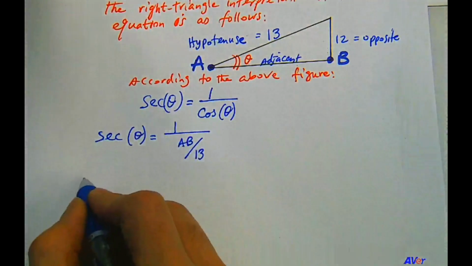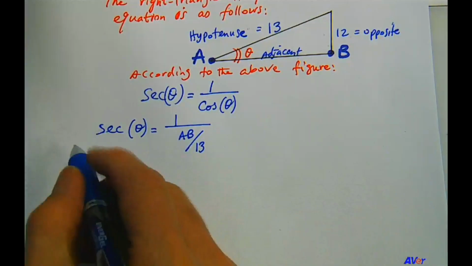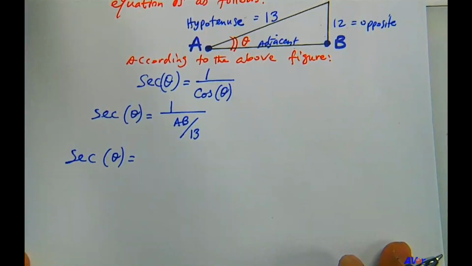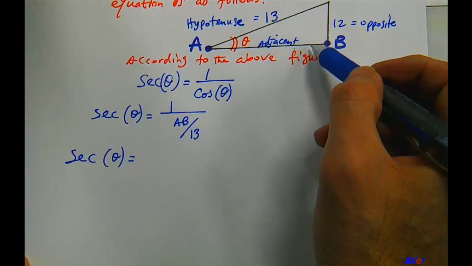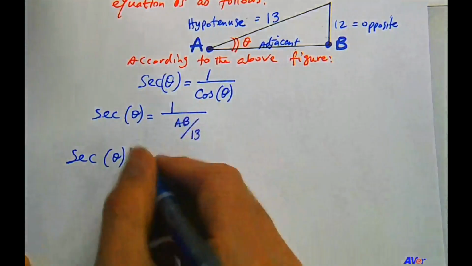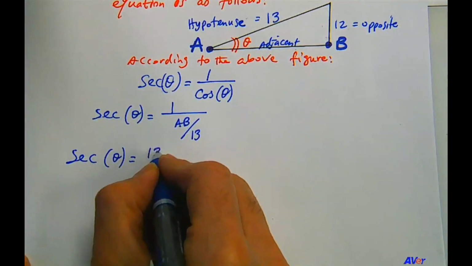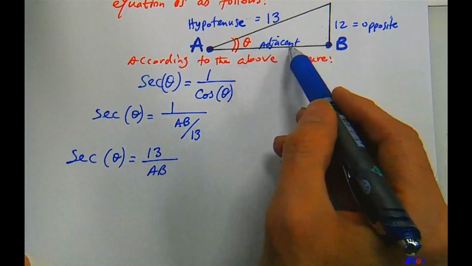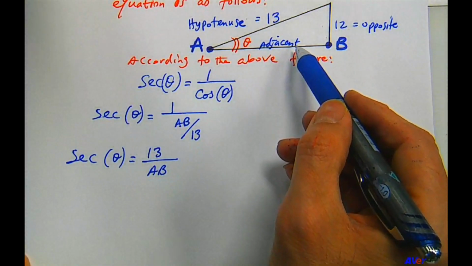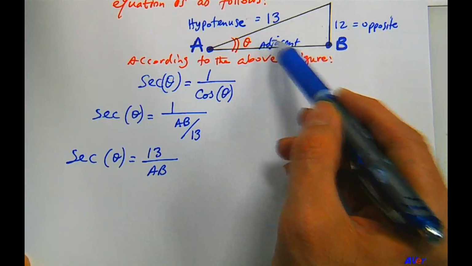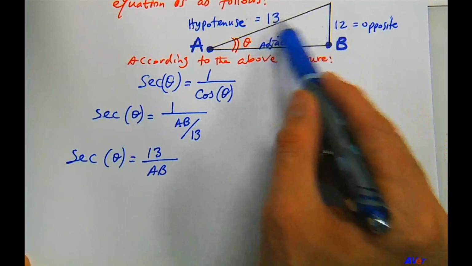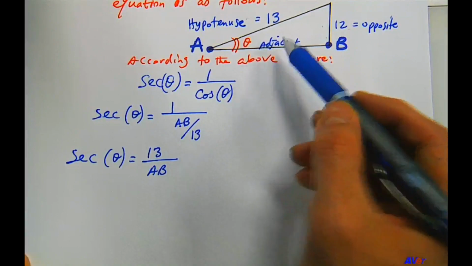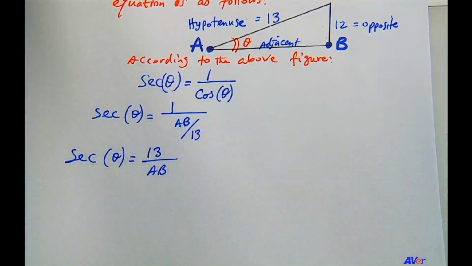So let's simplify this, because right now we have a complex fraction. I'll try to keep this figure on the screen as much as I can. So this will be 13. After simplifying that, we get 13 over AB. But AB is unknown at this point, but it doesn't matter because using the Pythagorean theorem, we can solve for it, right? Because we have the other two sides. Using the Pythagorean theorem, we can figure out the length of the missing side in a right triangle. So using the Pythagorean theorem,